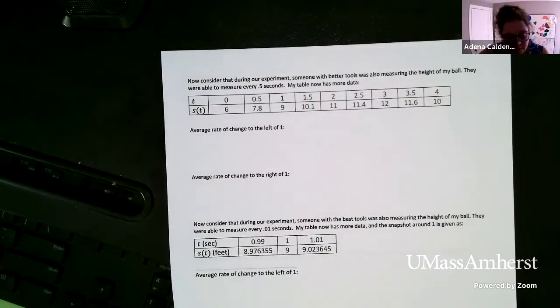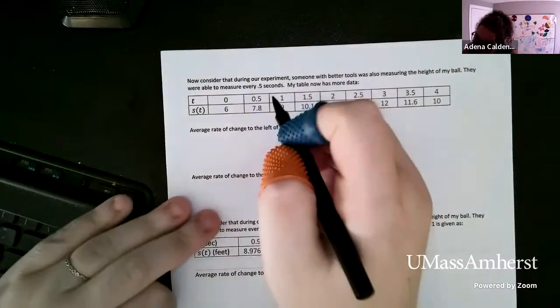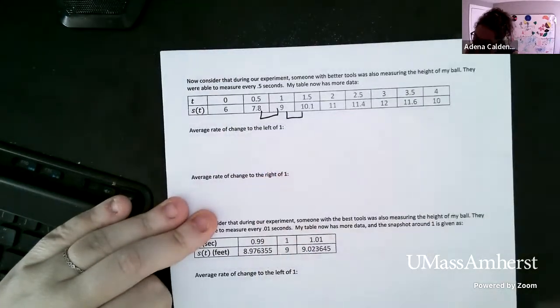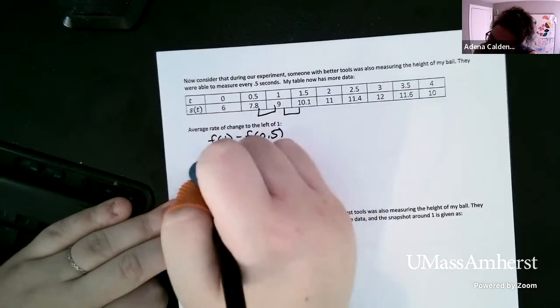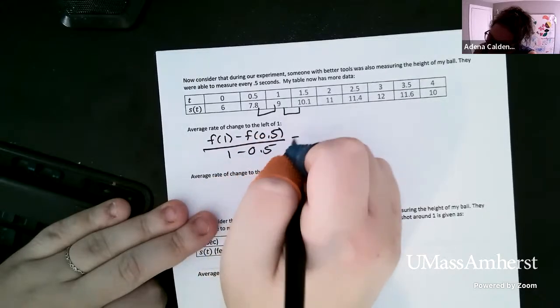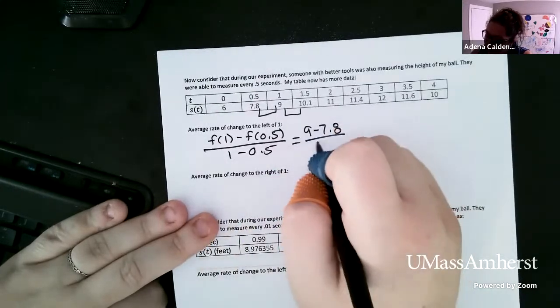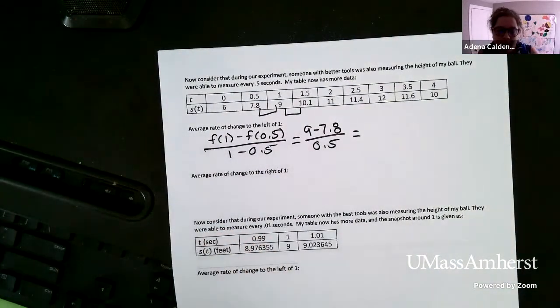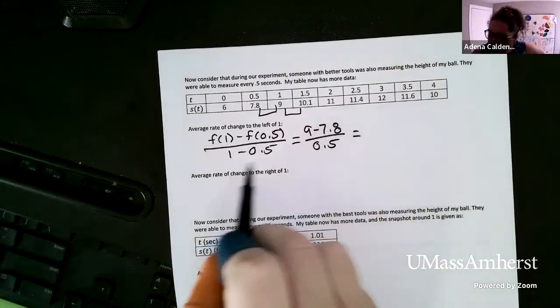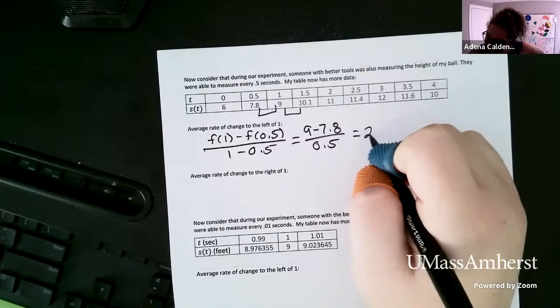Okay. So let's check this one out and see what we learn about getting a little bit closer. So now, when we look at the left and the right, when we do the left, we're going to do f of 1 minus f of 0.5 divided by 1 minus 0.5. So here we have 9 minus 7.8 divided by 0.5. So be careful when you change the units that you remember what you're dividing by. It's really easy if you've been dividing by 1 a lot to then just divide by 1. But here we're dividing by 0.5 because the difference is 0.5. So when we calculate that, we are going to get 2.4